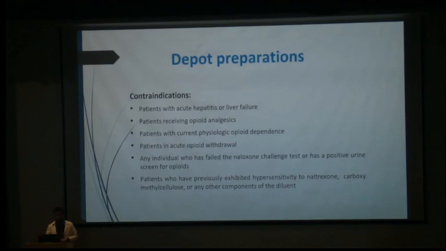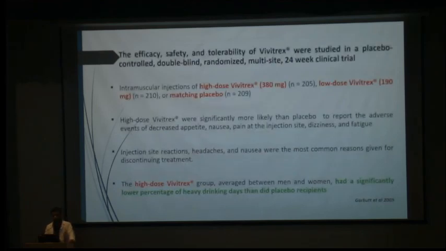The contraindications are patients who have acute hepatitis or liver failure, patients receiving opioid analgesics, patients with current physiological opioid dependence or in acute opioid withdrawal, individuals who have failed the naloxone challenge test, who have previously exhibited hypersensitivity to oral naltrexone. So the recommendations are that you give oral naltrexone for 1 to 2 months, after which you can move to depot preparations. The safety, efficacy, tolerability have all been well established, and they had a significantly lower percentage of heavy